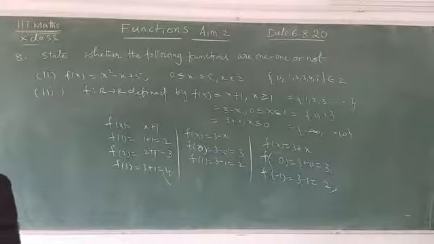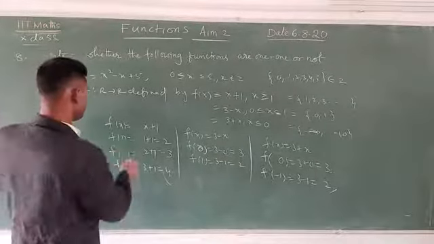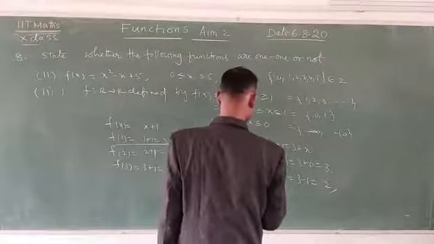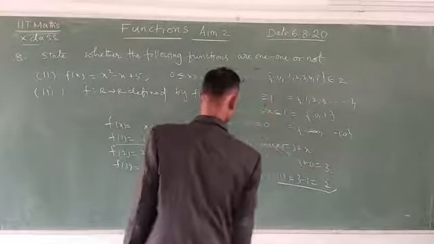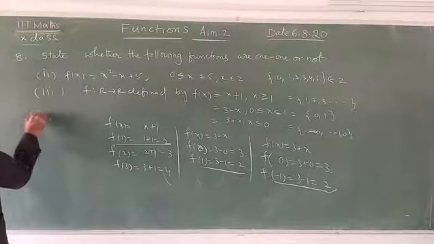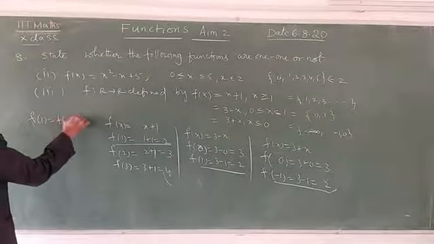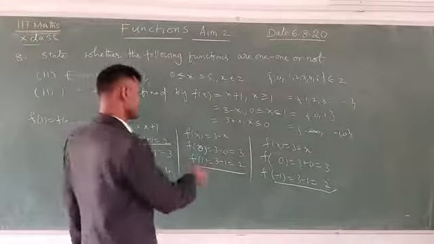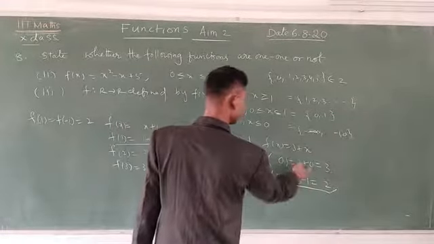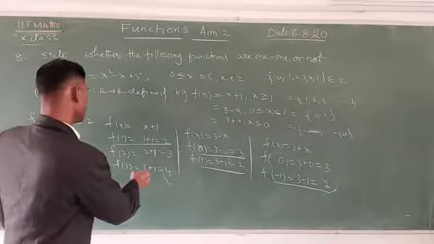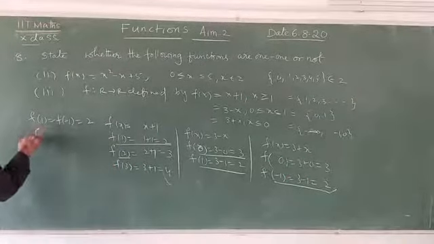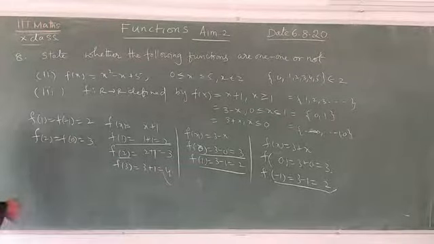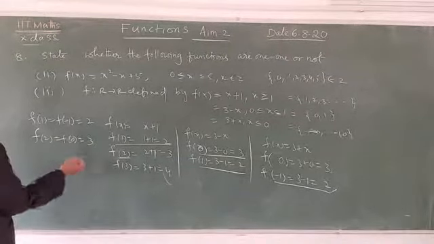Okay, now see here, you can observe clearly, f of 1, its image is 2, and f of minus 1 image is also 2, correct, both are the same. That's why f of 1 is equal to f of minus 1, image is 2. That's why it is not a one-one function. f of 0 is 3, no problem, but f of 2 is also 3. That's why f of 2 is equal to f of 0 is equal to 3. Both images are equal. That's why the given function is not a one-one function.